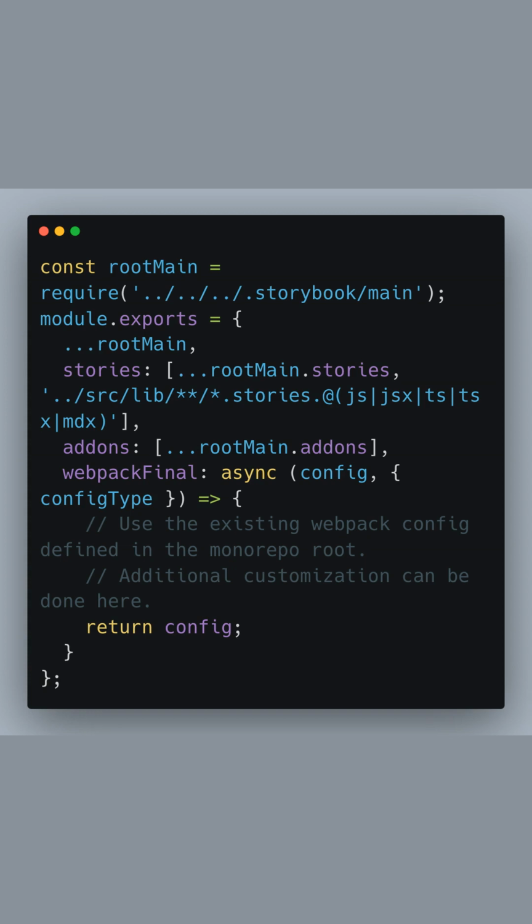Notice how we're using glob patterns to automatically include all files ending with stories, in various formats such as JS, TS, and MDX, located under the src lib directory. Lastly, we define a Webpack final function where we could customize Webpack's configuration further. Here, we're simply returning the existing Webpack config without changes, but this is a spot where you could add customizations